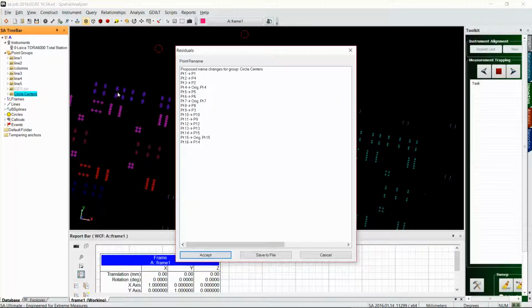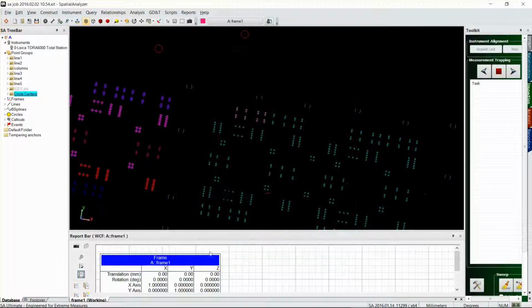And then you'll see what it's doing. The points that you took are called P1, and the points that I took are called PT1 through 16. So it looks like it's getting most of them correct there, PT8 to PT8, PT9. We'll hit accept. And now that those points are named correctly,